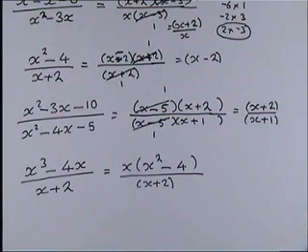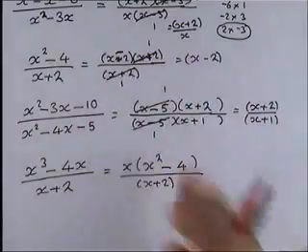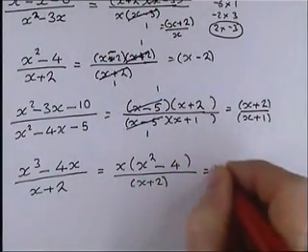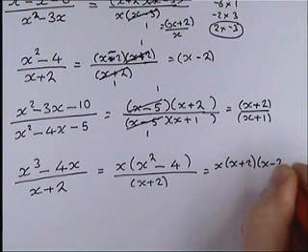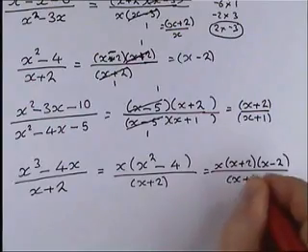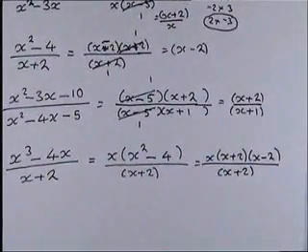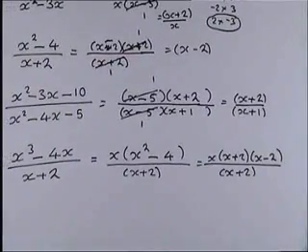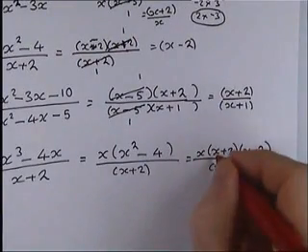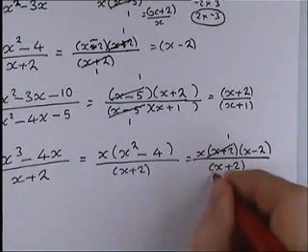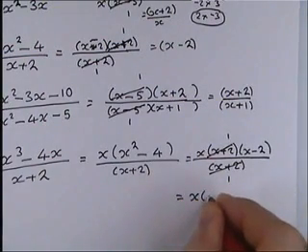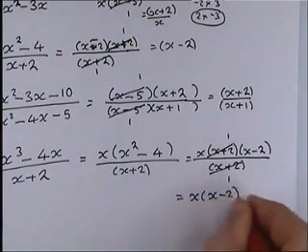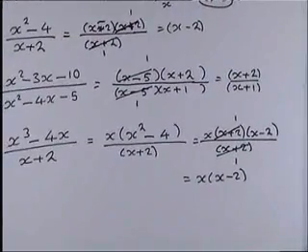Until you realise, hang on, that's the difference of two squares again. We've done that above. So we can write that out as x plus 2, x minus 2. So we factorised the difference of two squares. And now we can see that there's very obvious, there's a common factor in the numerator and the denominator. It's x plus 2. So we divide the top by x plus 2, and we divide the bottom by x plus 2. And we're left with x times x minus 2, which you can multiply out to be x squared minus